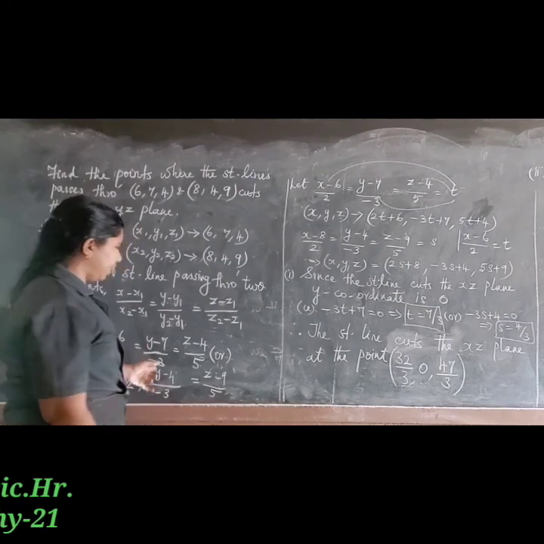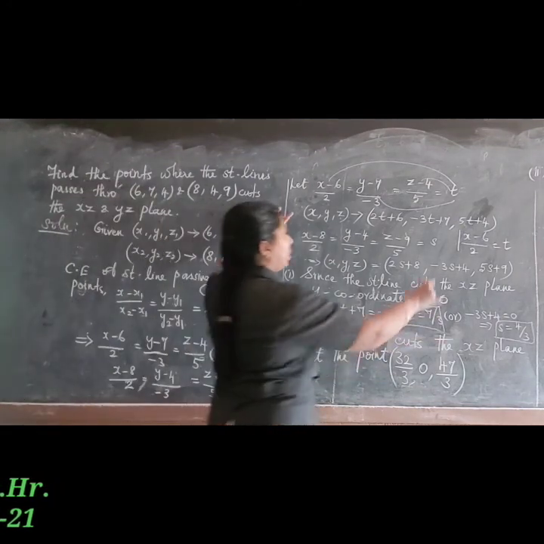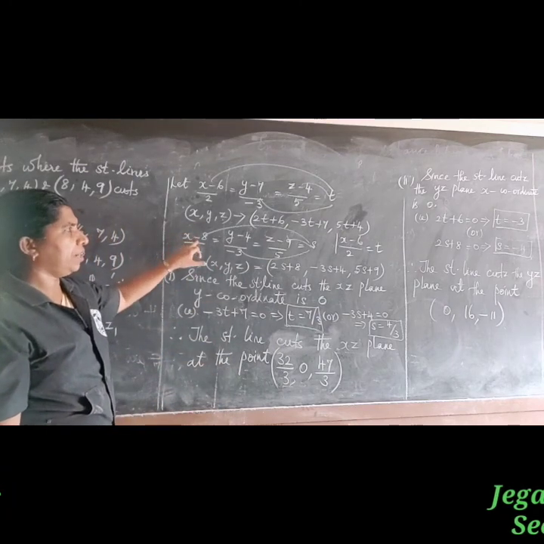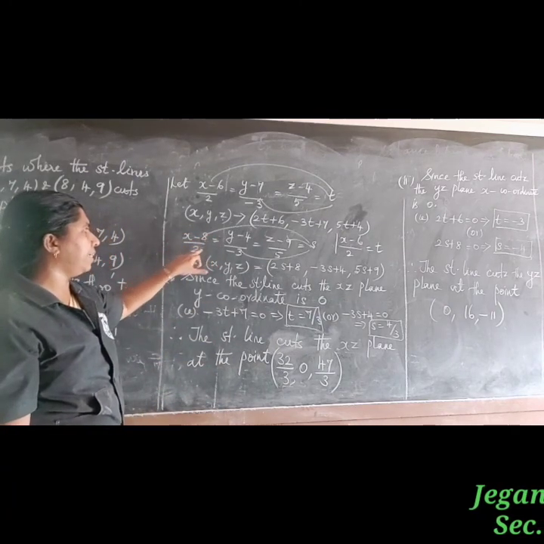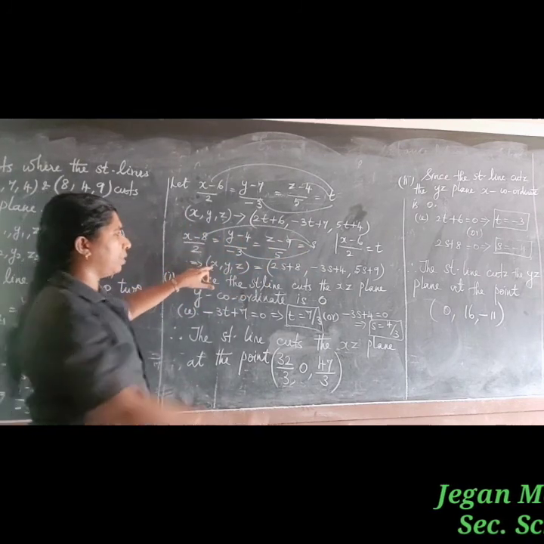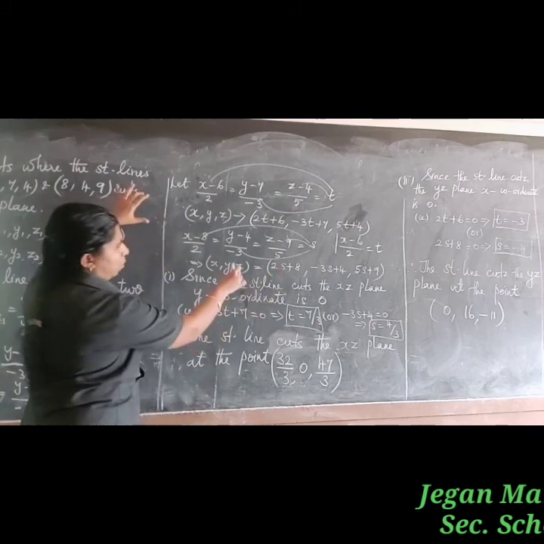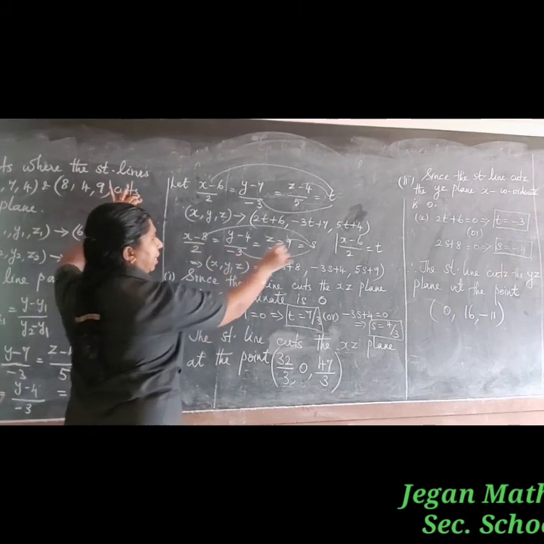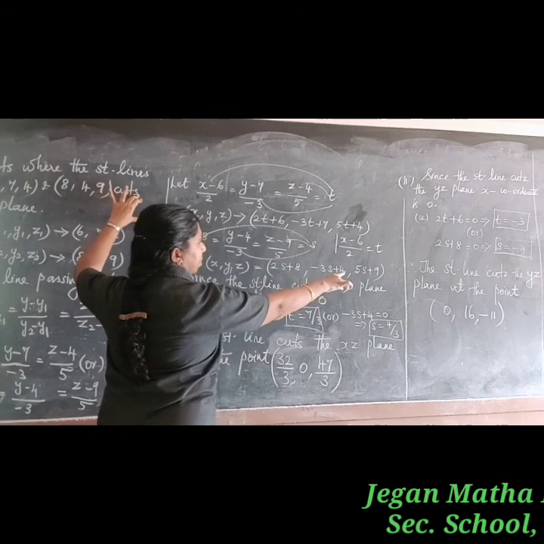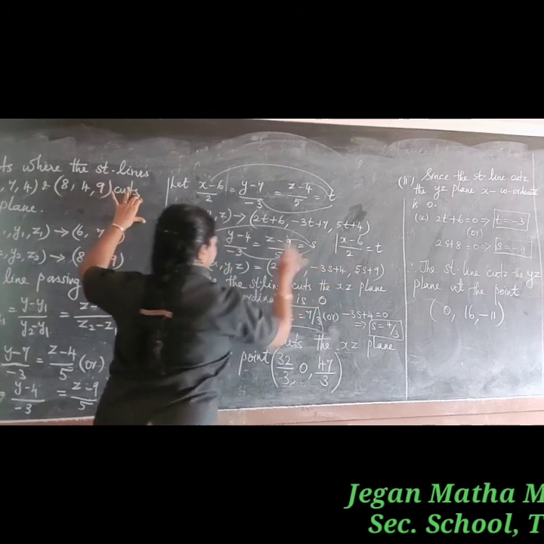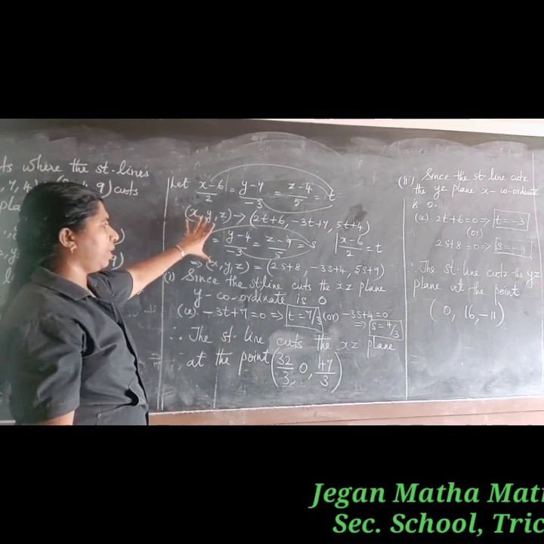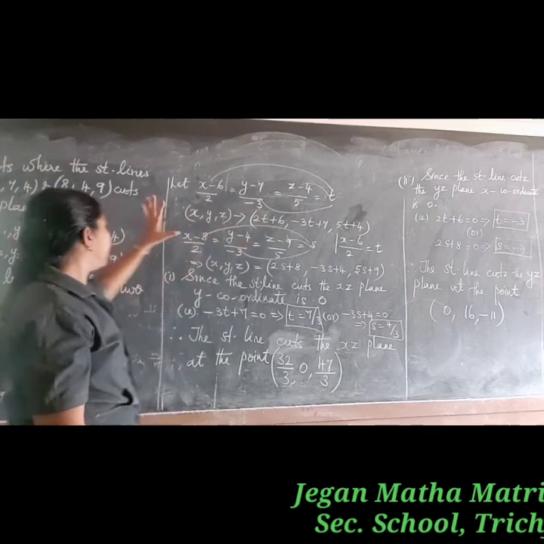Now you can take the second equation and assume it equal to another variable s. In the same way, (x minus 8) divided by 2 equal to s gives x is equal to 2s plus 8. (y minus 4) divided by minus 3 equal to s means y is minus 3s plus 4. Similarly, we get 5s plus 9 for z. Now, we have two different sets of x, y, z values.